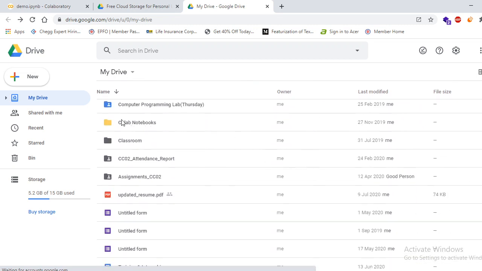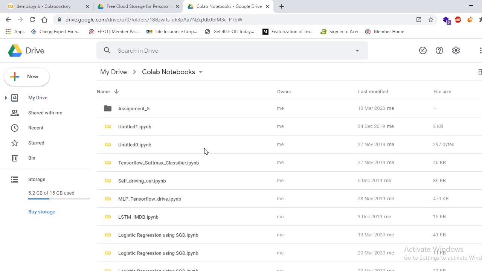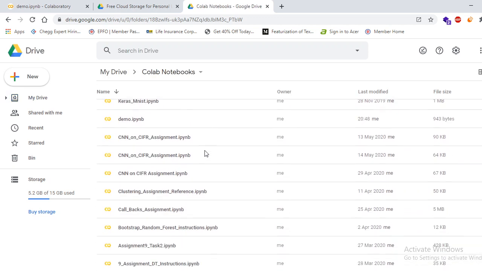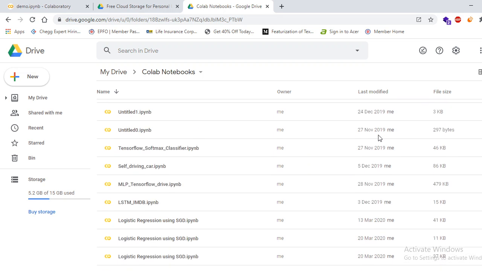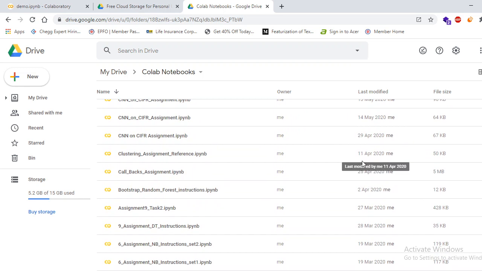You will be able to see this folder, that is Colab Notebooks. In this folder, whatever notebook you write and whatever notebook you edit, all the notebooks will be saved. You just have to click and open this Colab Notebooks, and after that you can see how many folders. You can see the files of 2019 also. That is also getting saved here. So everything will get saved here, and everything will be on the drive. Nothing will be on your personal computer or your local machine. If you want to download, you can just download it.